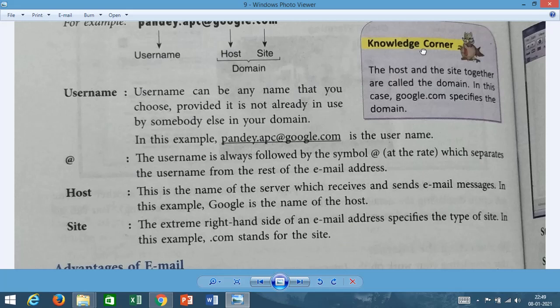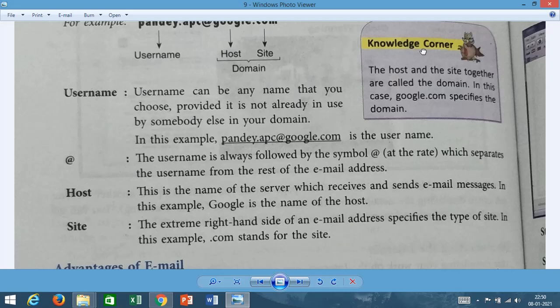If it does not exist, it will allow you to create that username. The username is always followed by a symbol that is called at the rate. Host means this is the name of the server. This is the name of the company which receives and sends email messages.